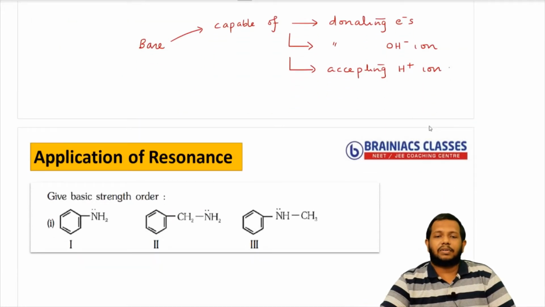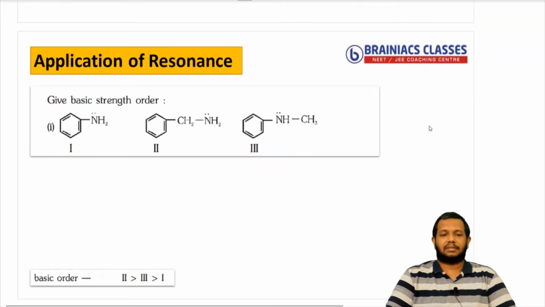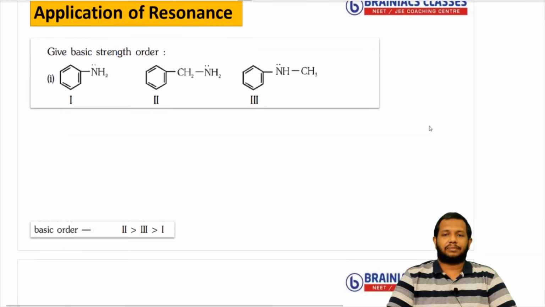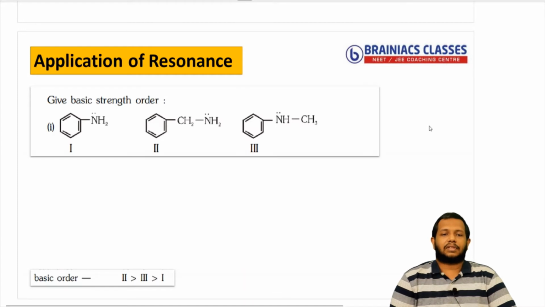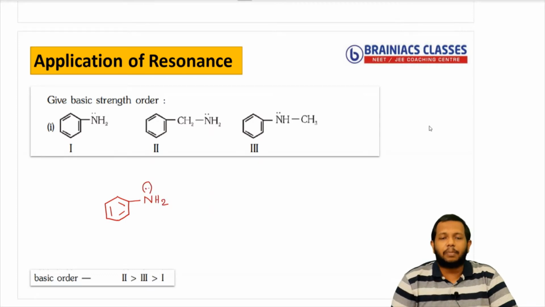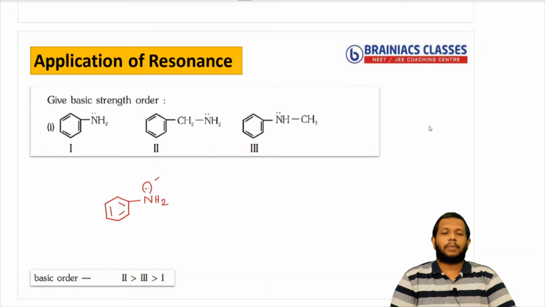Now you have a question in front of you, something like this. Very good question. So the first structure given here is aniline. You can see here benzene with NH2 attached. This is called aniline. So you know that NH2 has a lone pair present there. Now if you see here, lone pair, single bond, double bond, single bond, double bond, single bond, double bond. So that means conjugation is there. So what this NH2 can do is enter into resonance.